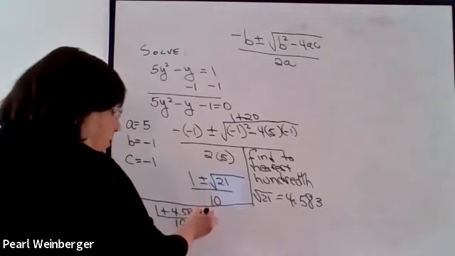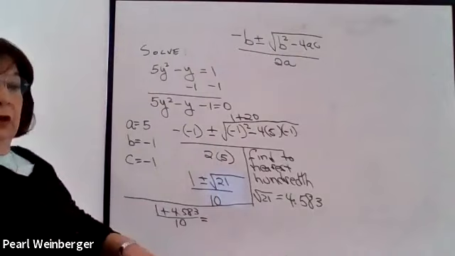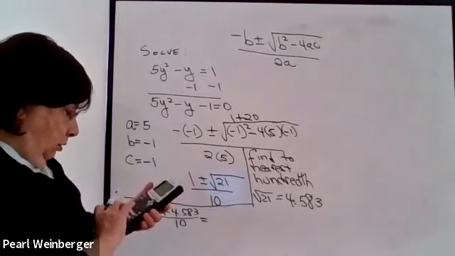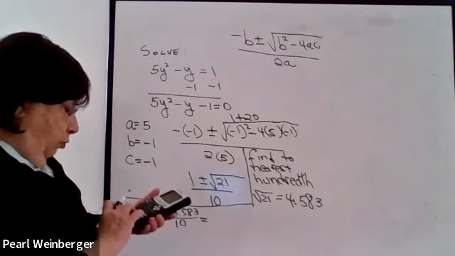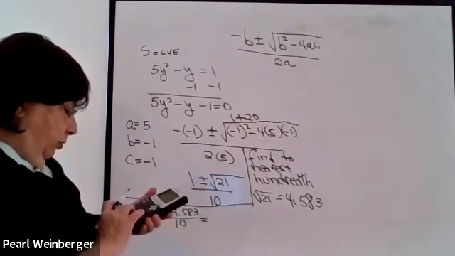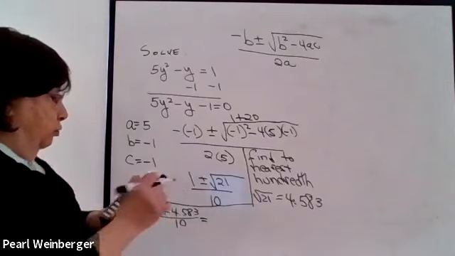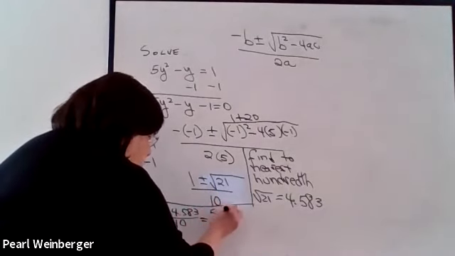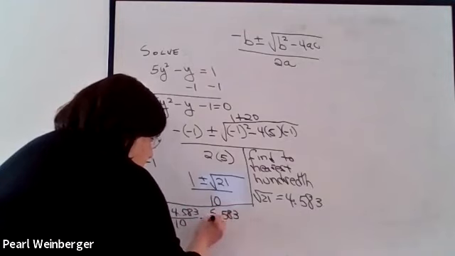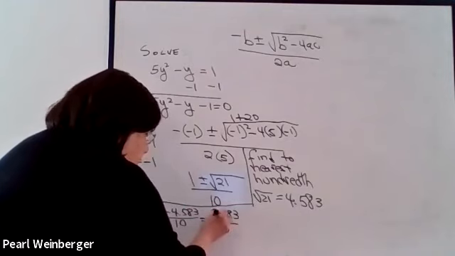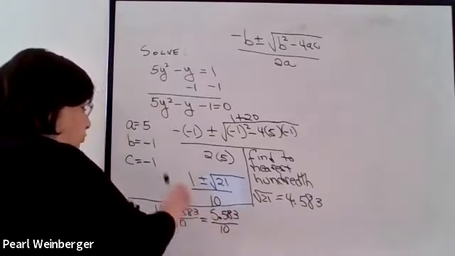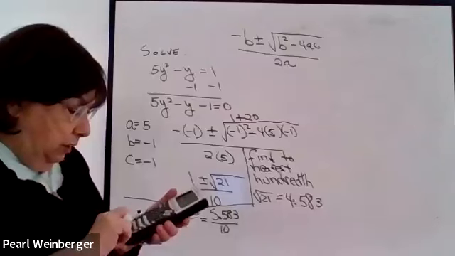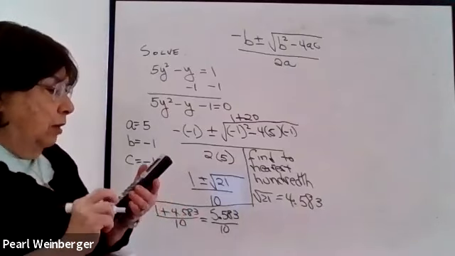Now, when you do this, you have to do it in 2 steps. First, you do the 1 plus the 4.583, which of course will give you 5.583. And then you divide it by 10. You have to combine the numerator first, get that answer, and now divide by 10. And your answer comes out to